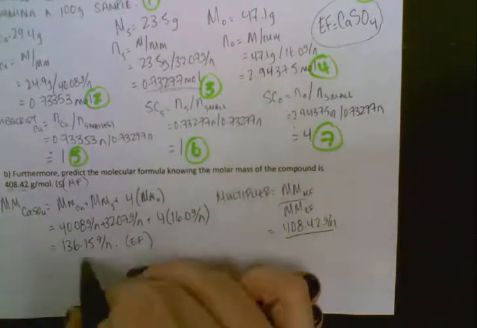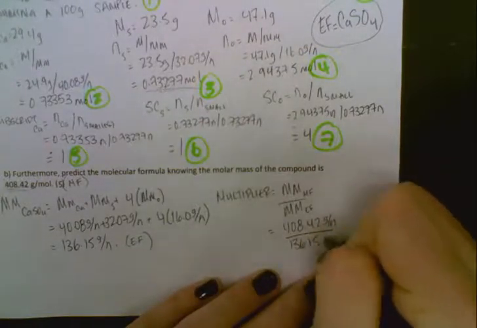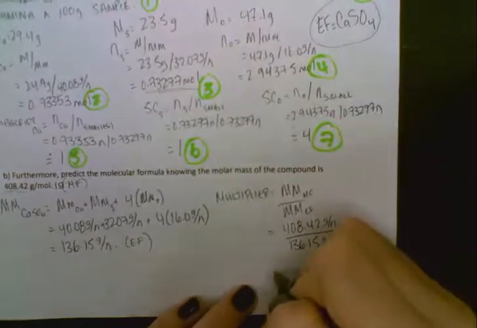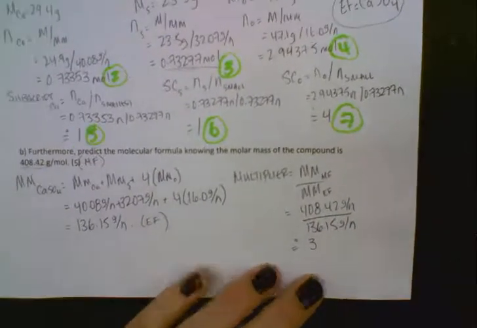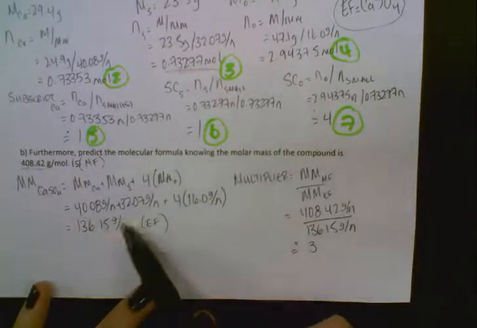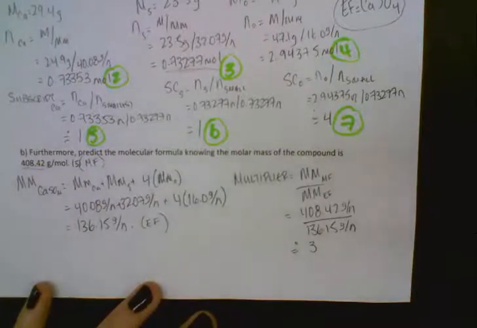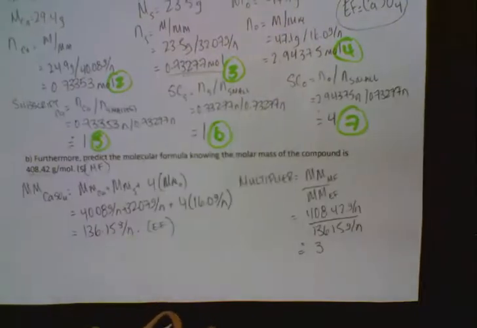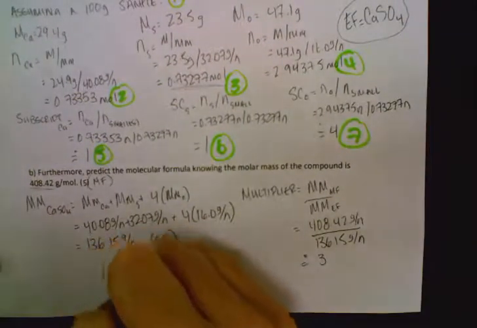We're going to divide that by the molar mass of the empirical formula we just calculated. We get a number very close to 3. Okay? So that means my empirical formula's mass can fit into the molecular formula 3 times. And because we know the empirical formula is just the simplest ratio, we need to take those subscripts and times them by 3 to get what the actual molecular formula is. So it would be